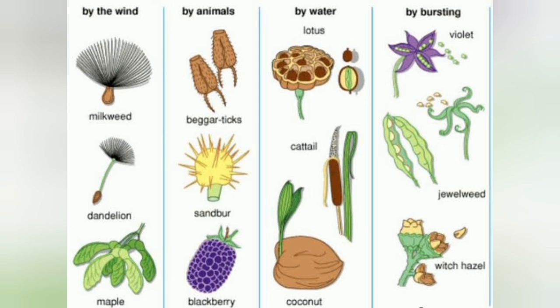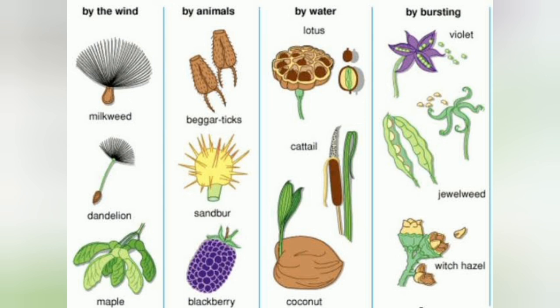Some seeds are dispersed by explosion. Fruits of peas, balsam, and touch me not explode when they become dry. Also, seeds of violet, jewelweed, and witch hazel are dispersed by explosion. That is, these seeds burst when they are ripe, and the seeds are scattered far away so that the plants get appropriate space to grow. So these are some of the natural ways